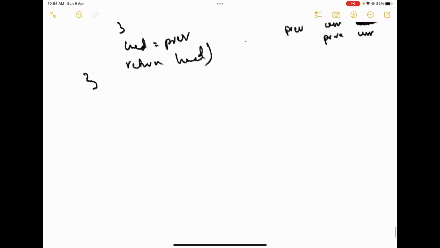Okay, so doing it recursively can be a bit challenging. So let's take the same example. 1, 2, 3, 4, 5. Now recursively, let's try to reverse the array. Now let's say there's no element in the array, then we just have to return head, because head is going to be pointing to null. If there is just one element, if head.next is equal to null, again we have to return head itself,